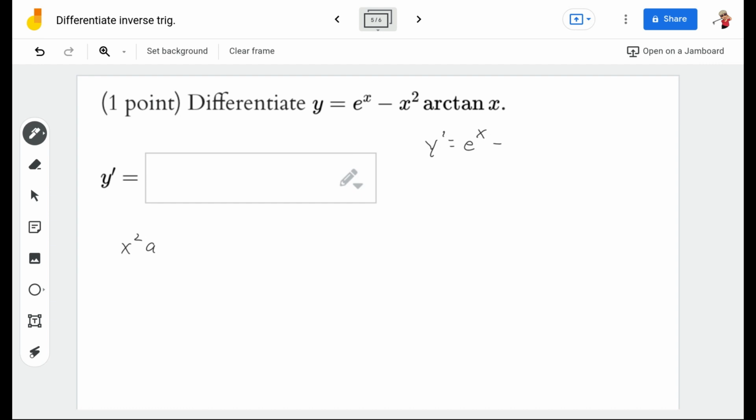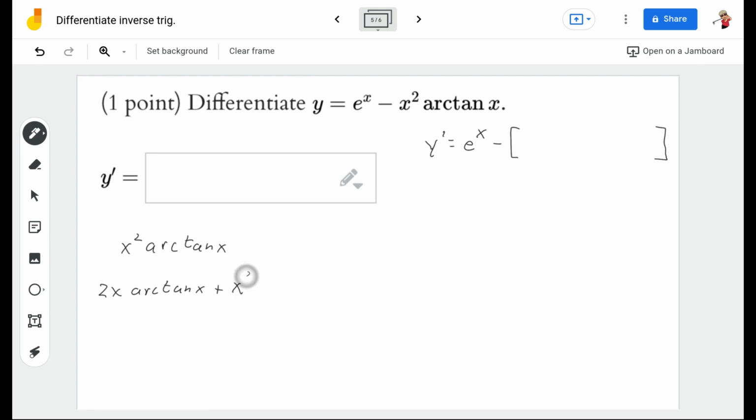And the arctangent is just the inverse tangent of x. I'm going to do it down here, so it's going to go in this big bracket. To do this, we've got to do the product rule. So the derivative of the first, x squared, is 2x, times the arctangent of x,